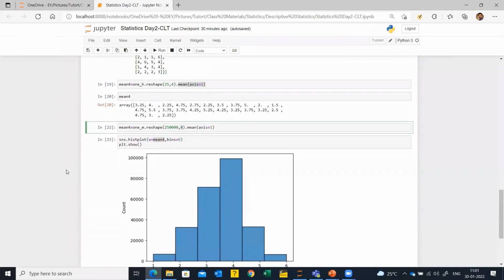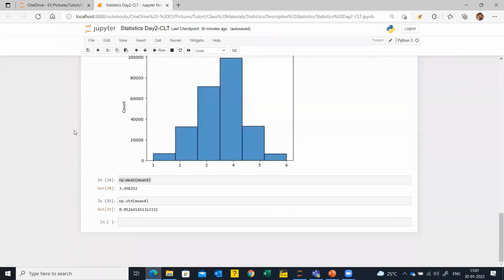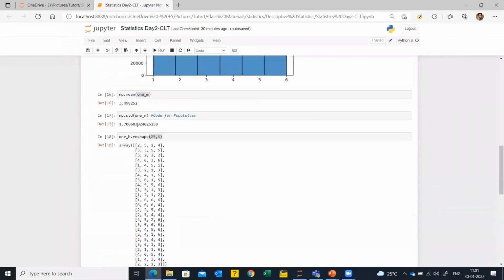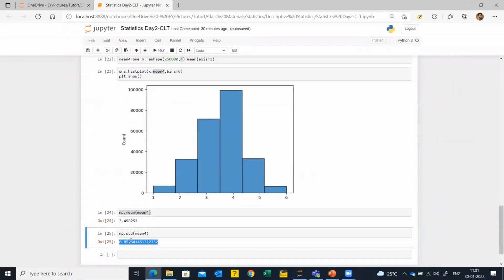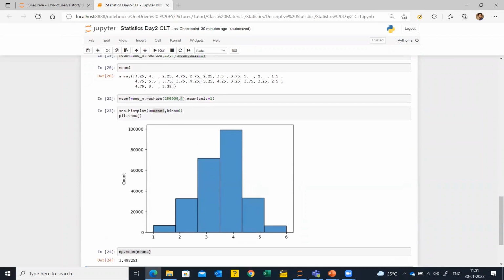Okay, so root under of 4, which is going to be divided by 2. So we basically divided this value by 2. So 1.7 divided by 2 is 0.87. 250, 100 is actually the number of random draws, right? The number of times you have drawn 4 samples. Okay, thank you for correcting.